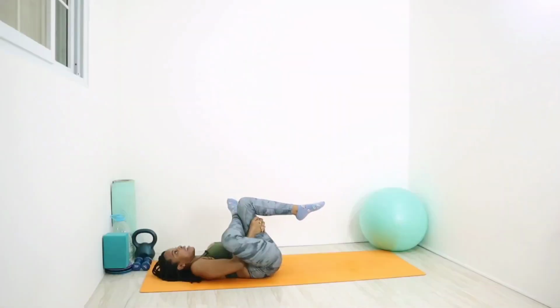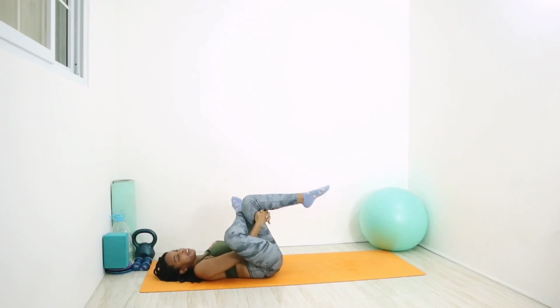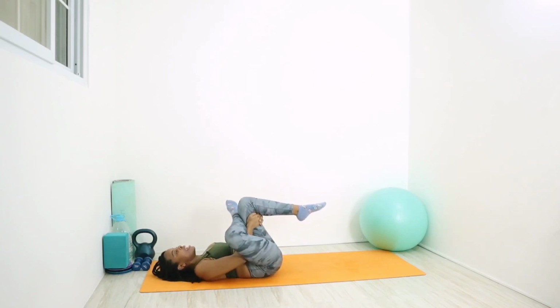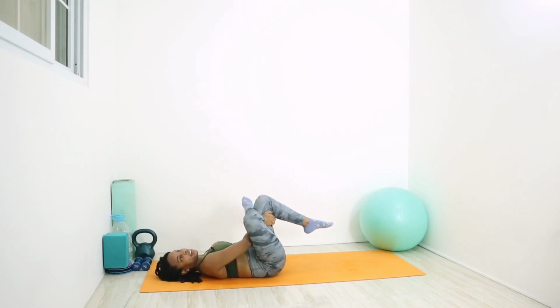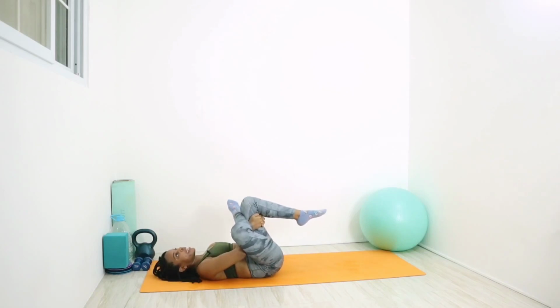Just pull in on that left leg as much as you can tolerate. If you're feeling any pain, just ease up a little bit. You can go ahead, hold this position, keeping that right knee pointing out towards the side. You can go ahead and use that right hand as well to place on the inner part of that right thigh and just add some downward pressure to really keep that right knee out towards the side as much as